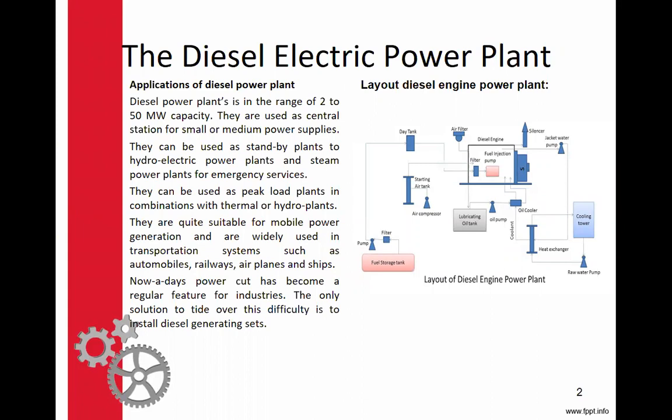Diesel power plant is in the range of 2 to 50 megawatts capacity. They are used as central station for small or medium power supply. They can be used as standby plants to hydroelectric power plants and steam power plants for emergency services. They can be used as peak load plant in combination with thermal or hydro plants. They are quite suitable for mobile power generation and are widely used in transportation systems such as automobiles, railways, airplanes,